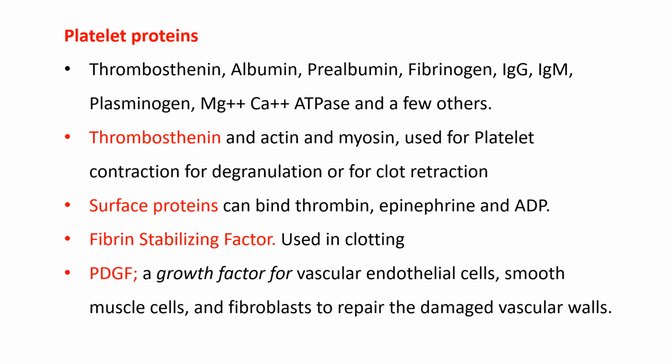The proteins in the platelets are thrombostatin, albumin, prealbumin, fibrinogen, immunoglobulin G, immunoglobulin M,